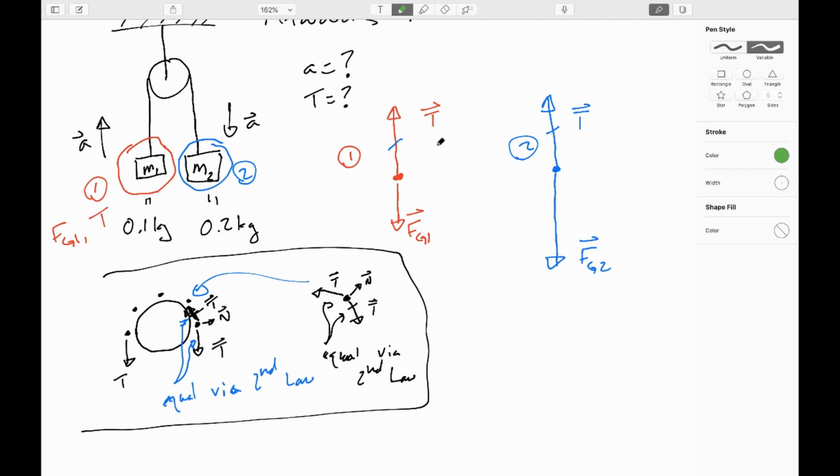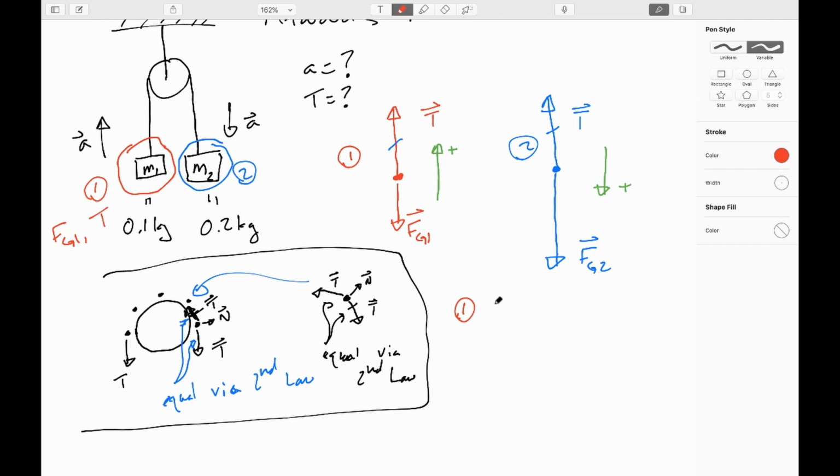And in the absence of anything in a problem that tells you otherwise, my usual recommendation is to point the coordinate system to match the acceleration of the object. That will make the components of acceleration positive and leave slightly less room for error in setting up a problem, at least in my opinion. So now, with that set aside, let's write Newton's second law for the